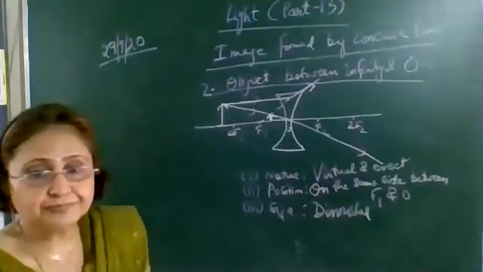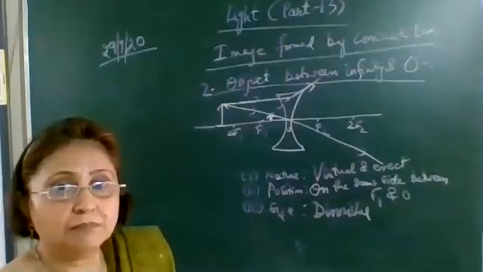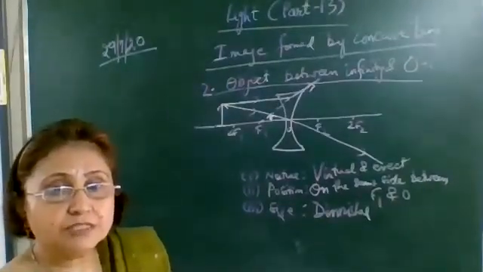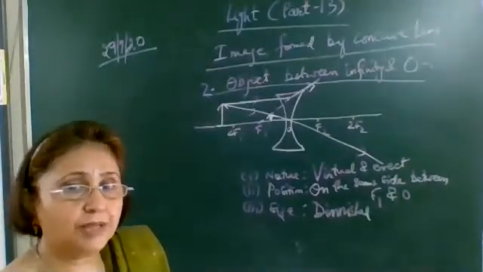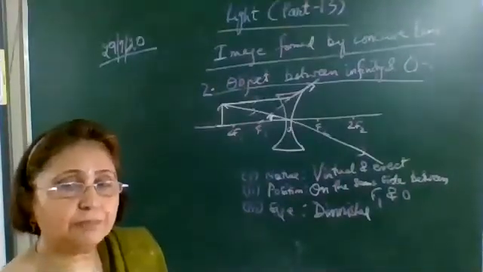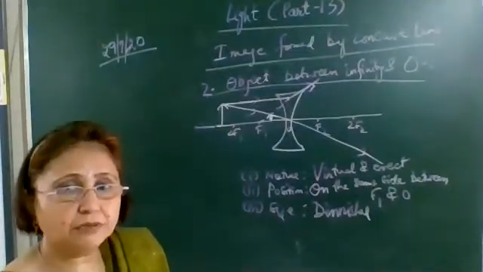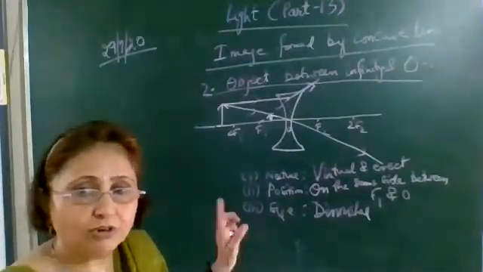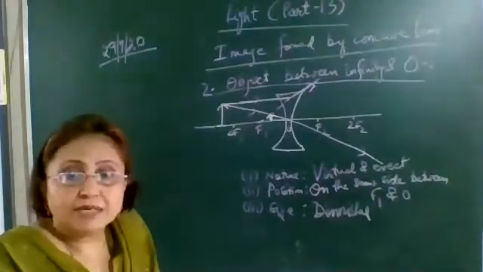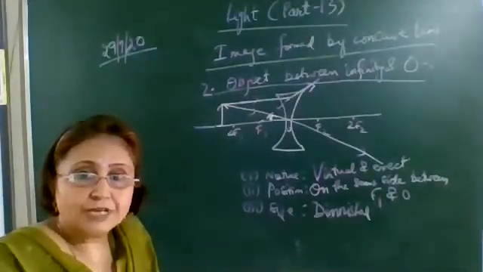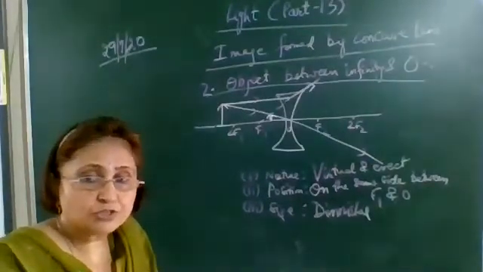Draw the ray diagram. Okay, mark the optical center on the concave lens. F1, F2, 2F1, 2F2. Place the object anywhere. You can place it at 2F1 also. You can place it between F1 and 2F1 anywhere. Beyond 2F1, the image formed will always be of the same type. Place it anywhere. One incident ray draw parallel to the principal axis, which will diverge and appear to pass through F1.